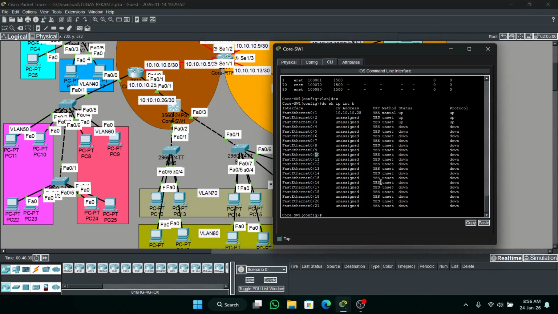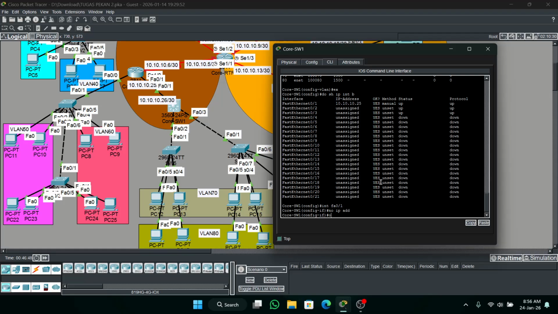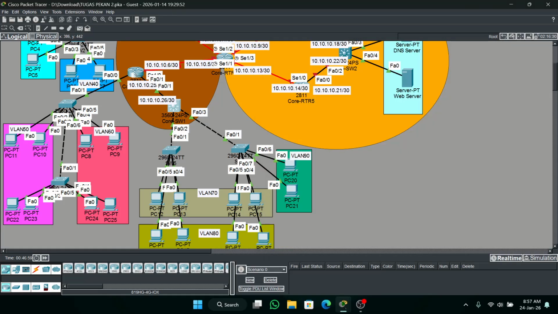So the PT activity is still wrong. Enter the interface, no IP address. Okay, then type a new IP address. Make sure the IP address is correct. Don't typo, guys. Okay, check the point to point. Okay, successful. This is good.